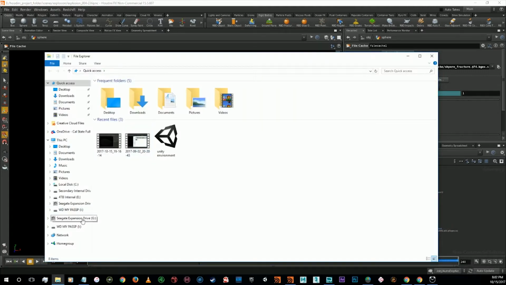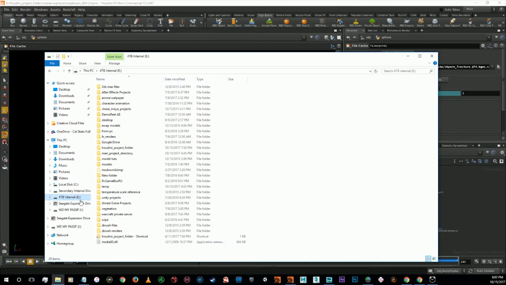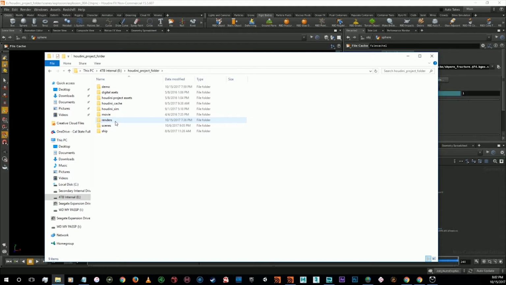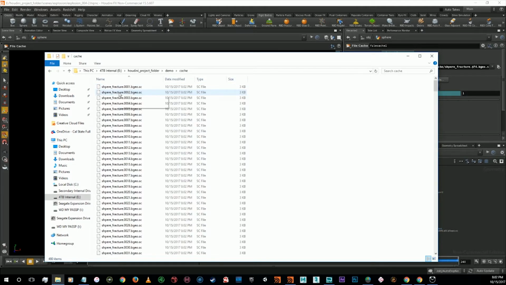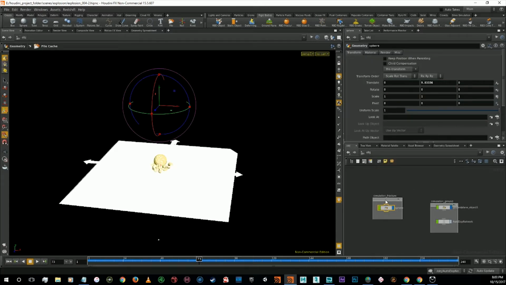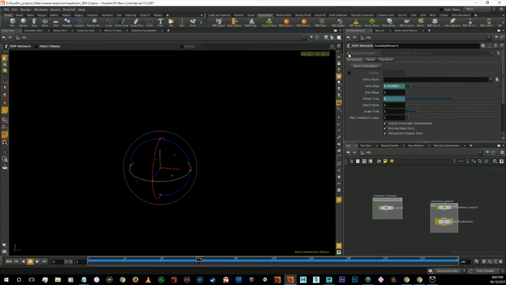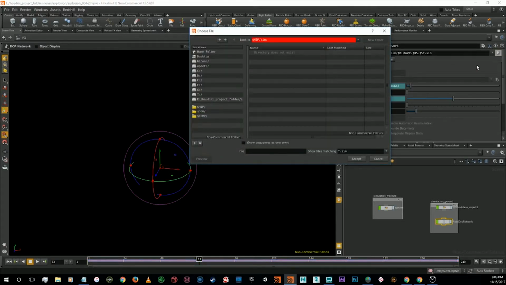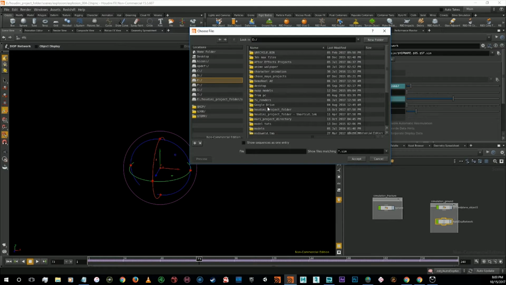Actually, we don't need that because we got that from many different things, and you want to always tell it which project. Like if you're at DreamWorks and you want to say, I'm doing a pyro that is for Smurfs. Now I'm doing pyro that is for How to Train Your Dragon. So you would call it probably pyro dot $OS, so that way it takes the file of the project you're working on. Now to get back, you do